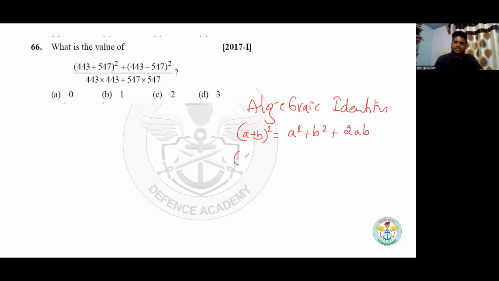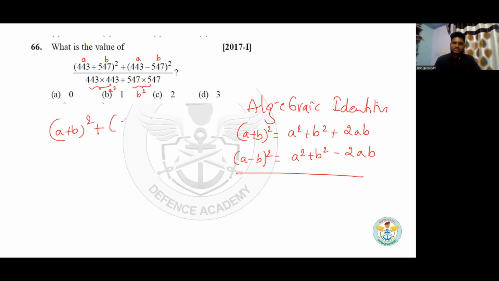And what is a minus b the whole square? It is a square plus b square minus 2ab. Now, if I look at the question, I can write this as a and this as b, and this I can write as a and this as b. What is a into a here? It is a square. What is b into b here? B square. Getting this? So my entire thing can be converted into a plus b the whole square